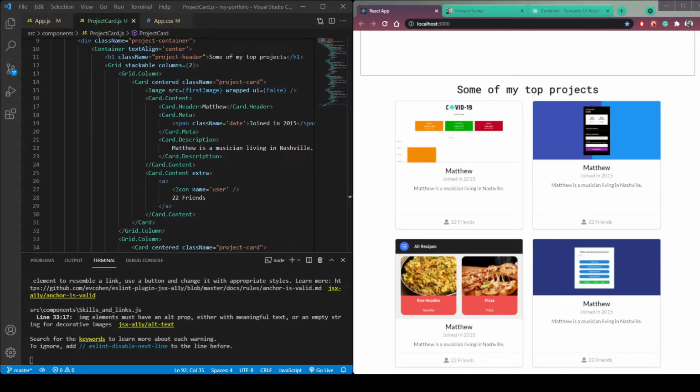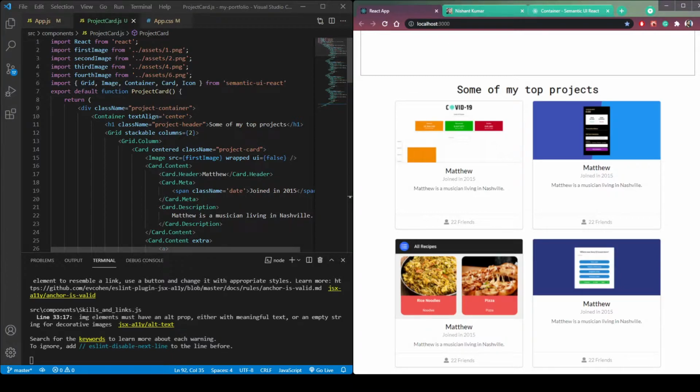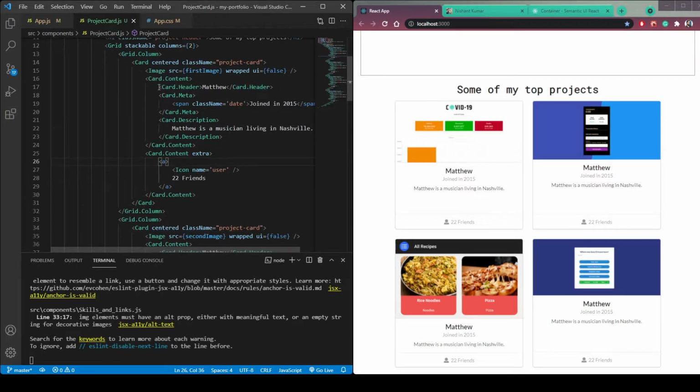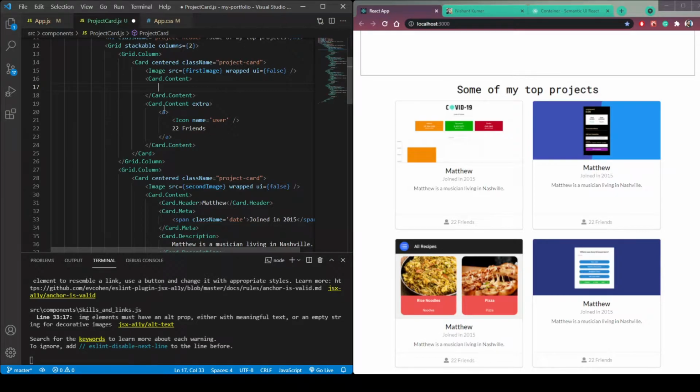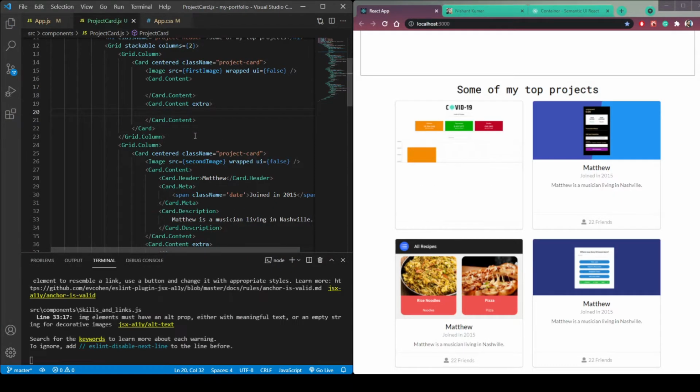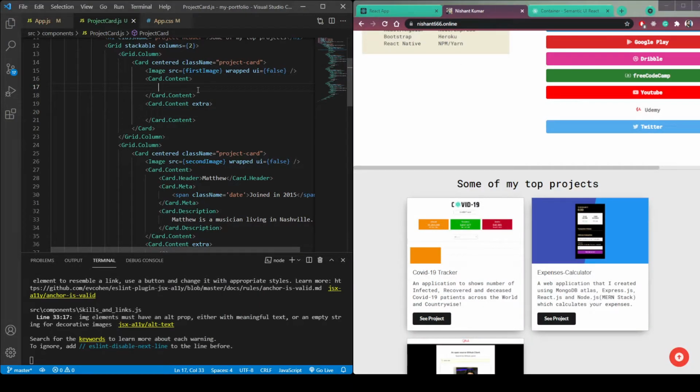Now let's add the project heading, its description and the link. So let's, in this card content, remove this card header, or we can remove everything, card header, meta and description. Also we don't need this a tag inside the card content extra. So copy this, let's use the p tag.